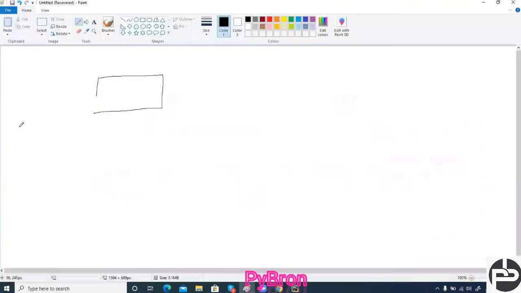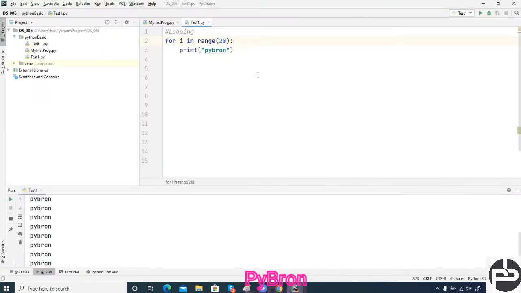So let me open my drawing. What is going to happen here? If you know this concept, then it will be very easy to explain. Let me explain here only. So what is that range function? Whenever I write range 20, it creates one tuple or list, you can say, between 0 and that specific number.